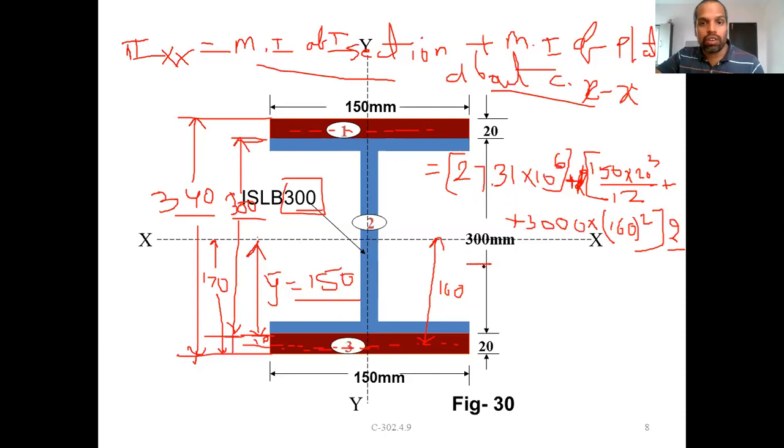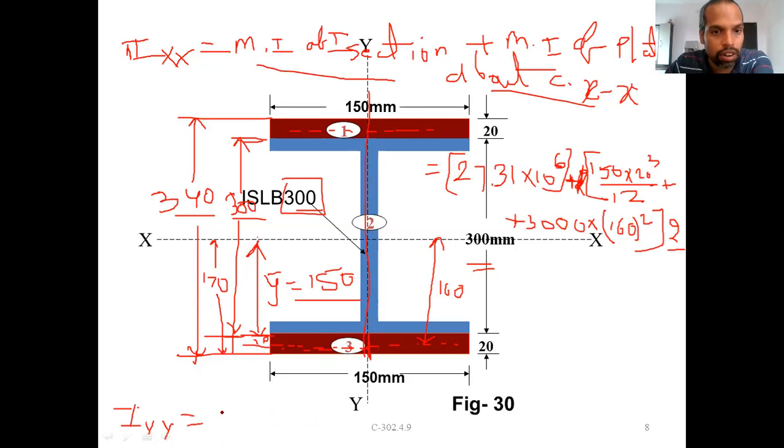So that's how you have to calculate the moment of inertia about the x axis. But in this case the y axis is very simple, because it is a symmetric section, so IYY is very simple. The centroidal y axis of the entire section coincides with the individual centroids of all the figures, including the plates. The plate centroid also lies at 150 by 2, meaning the same center, all are coinciding. That's why there is no need to apply the parallel axis theorem for the plates, as the axis passes through the section and even through the plates.